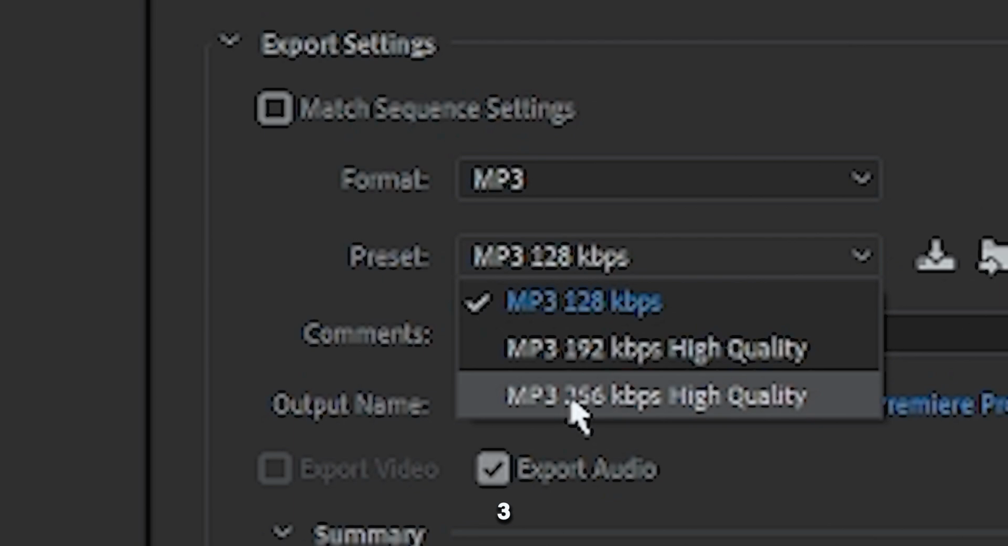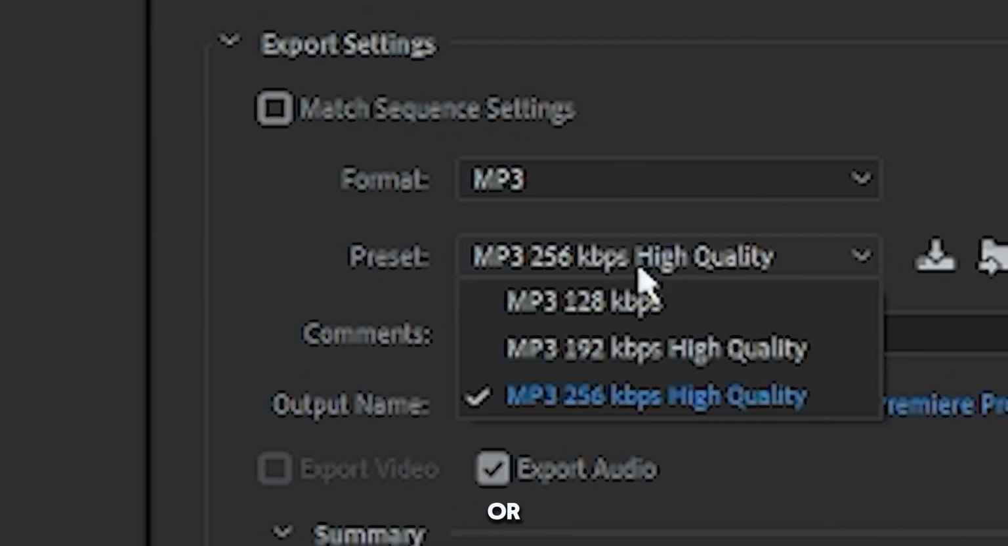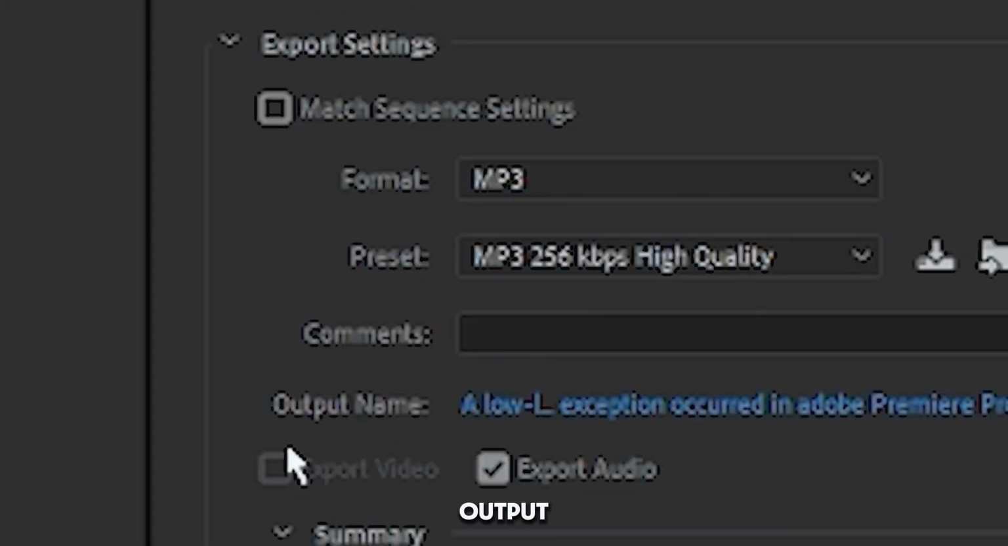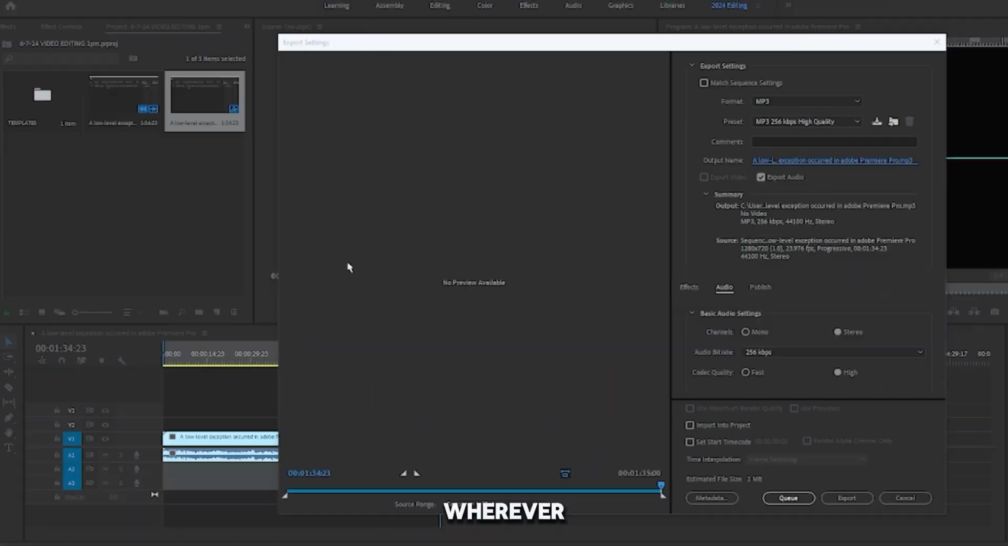Alright, and then under preset, notice that there's also another drop down arrow, so click that. Click MP3 256 high quality, or click any of these other qualities, but we want the highest quality. And then under output name, you can change the name of this, wherever you save this under PC, desktop, Mac,